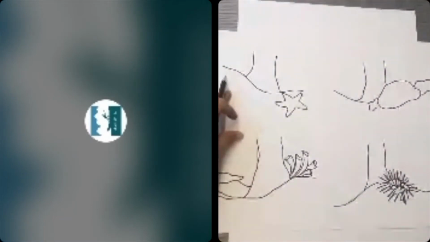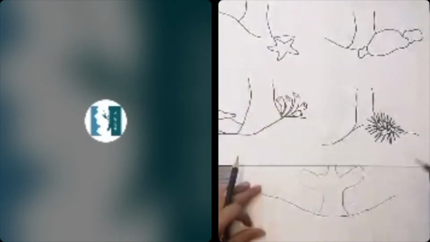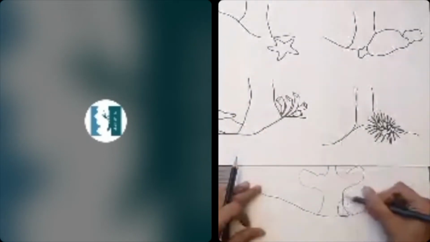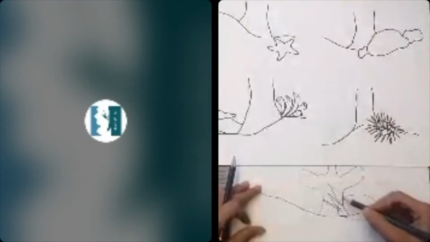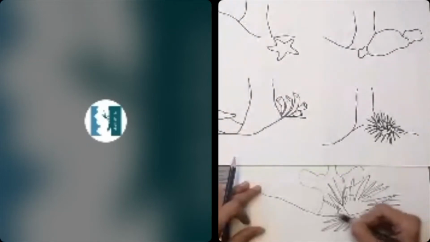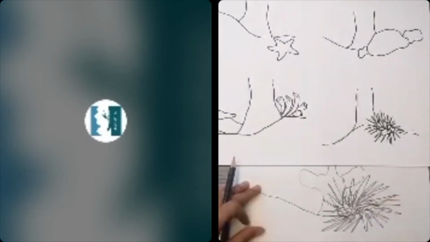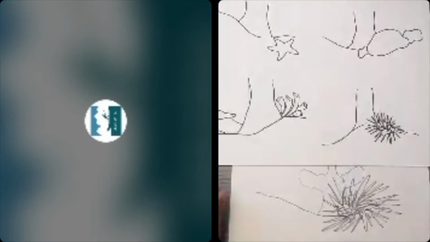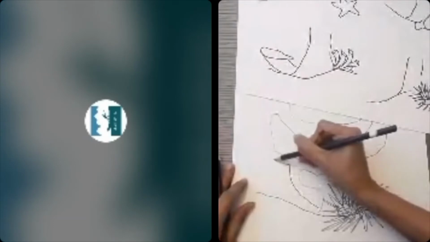So these features are something that you can add next. I'm going to be keeping it here. I hope this is visible for all of you, and adding my own too. So the sea urchin is quite fun. I start with just the base shape. I'm adding this here. So lots of spikes. They stick out in all directions. It's almost like a scribble that ends up looking like a fun animal for us to add. Okay, so there we go. And maybe one more little coral shape coming out like this.